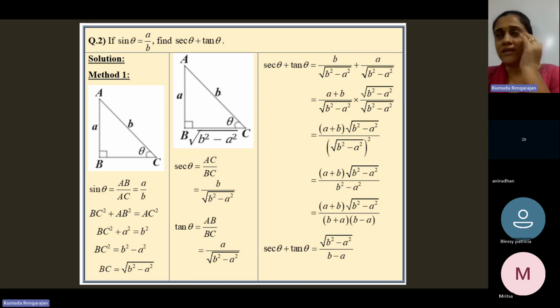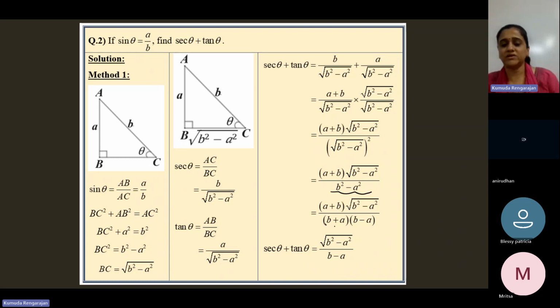So, triangle: find the unknown side using Pythagoras theorem, and then find the ratios sin theta, secant theta and tan theta, and add. How do you find secant theta and tan theta? Using the definitions: hypotenuse by adjacent, opposite by adjacent, and then you'll have to add. Common denominator, root of b square minus a square. Then in the denominator, we have the square root symbol, so we'll have to get rid of that. So multiply and divide with the same thing,